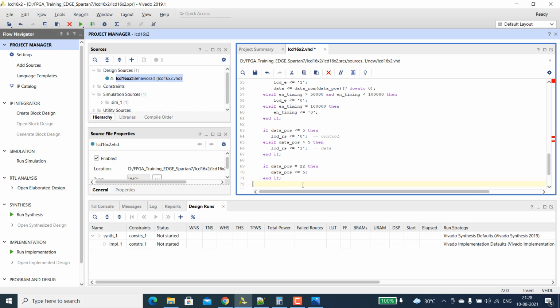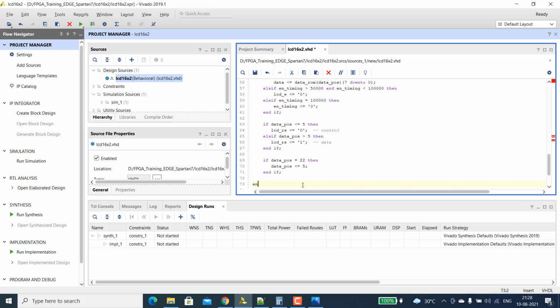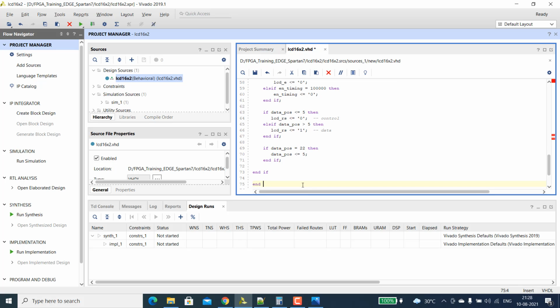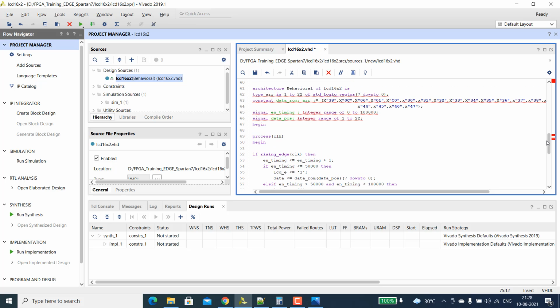Then next we have to end that clock, end if, and end process. So we have completely written all the logic. There is some error on this, I think. There is no off range, simply range.